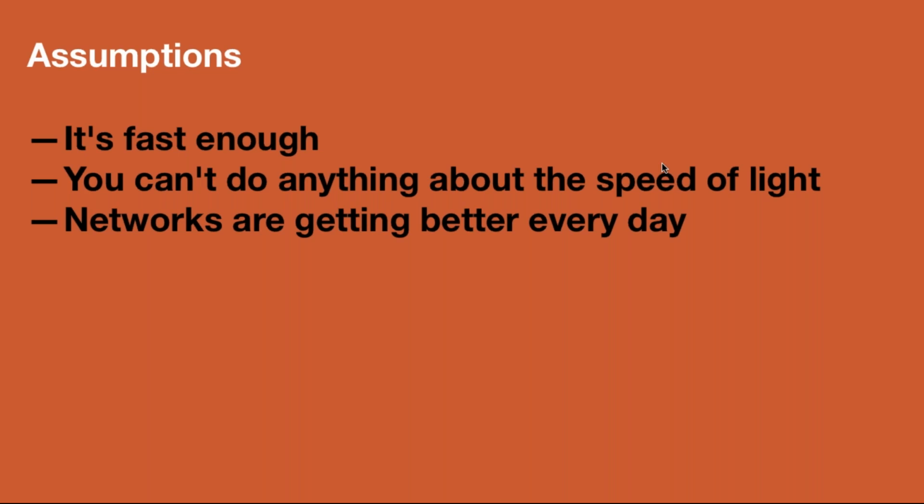The other two common assumptions that people tend to look at is firstly that you can't do anything about this, and this basically boils down to the speed of light. At the end of the day, networking is just sending signals at the speed of light between computers, and people like to think, oh, well, we can't do anything about this. Well, you can't do anything about the speed of light, but you can do something about how much you send over it. And the final aspect of this is that people say the network's getting better every day,